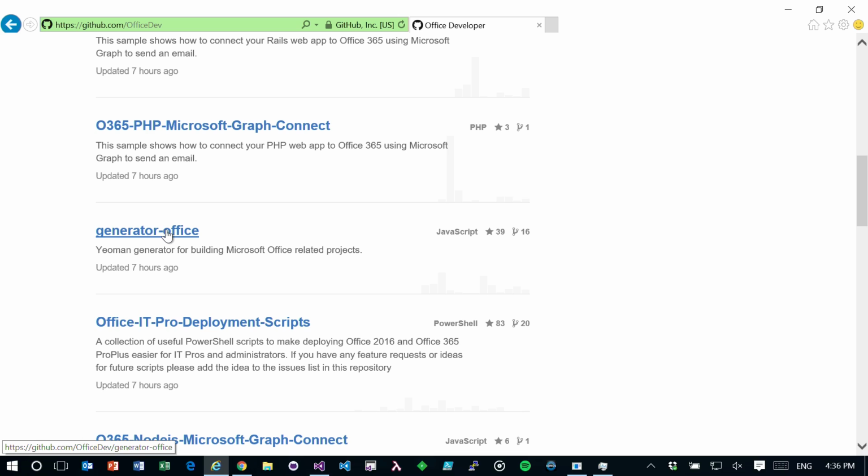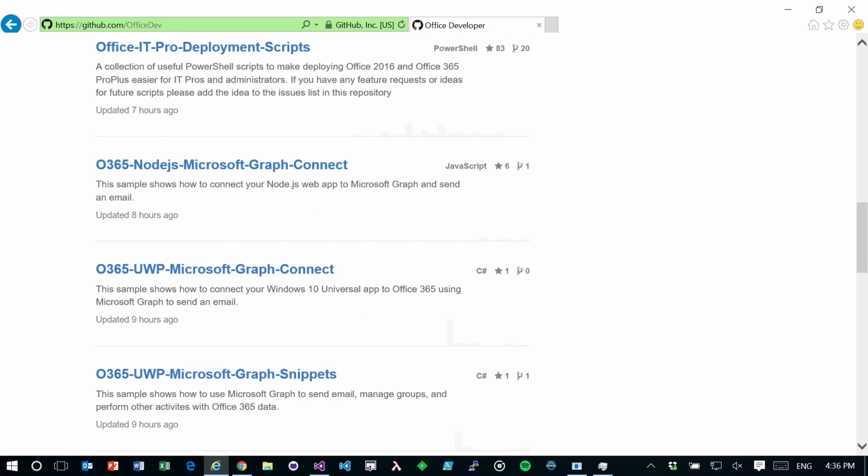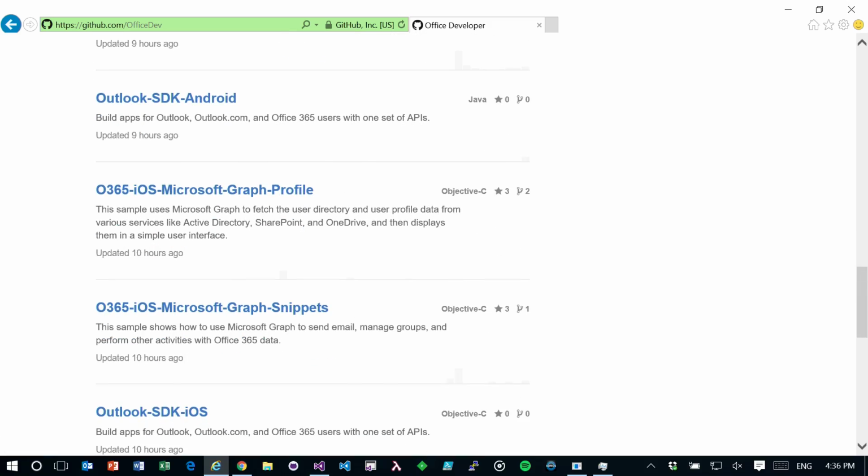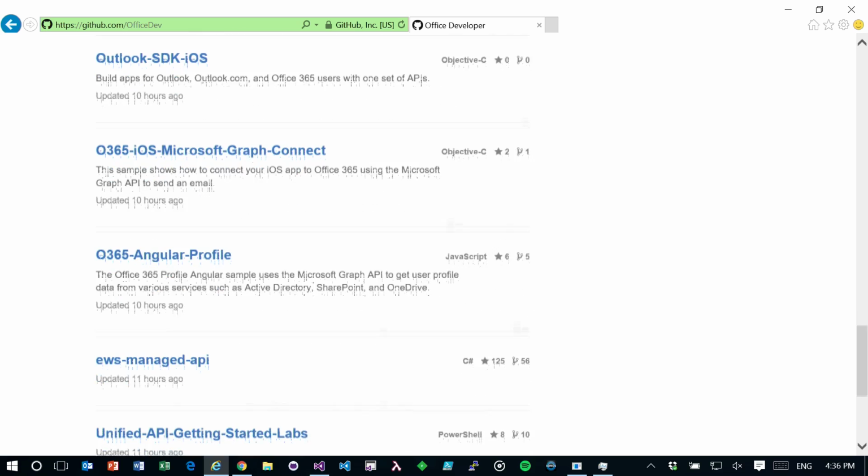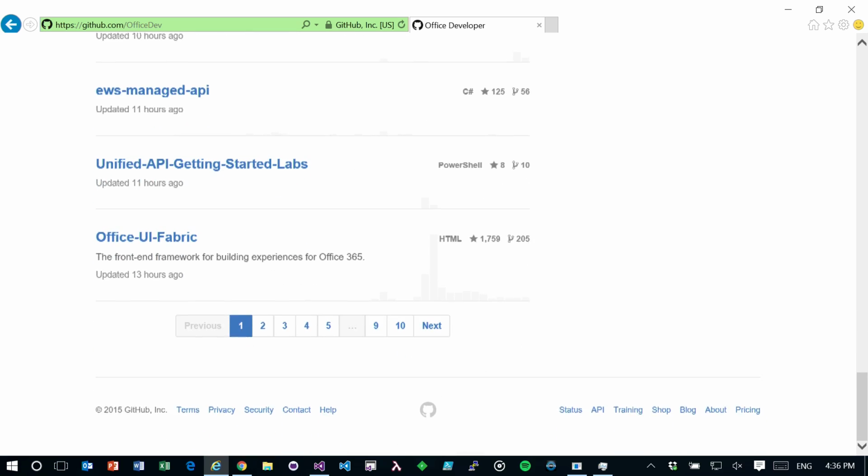So if you're an Office developer, or if you have people in your team who are non-Windows and non-Visual Studio developers, they can just go to a command prompt, and if they've got Yeoman installed, type Yo Office, and boom, they get asked a couple of questions, and they've got a fully scaffolded Office add-in project up and running that they can edit in Sublime and push up to the Office store without ever going to Visual Studio. A bunch of deployment scripts, some cool stuff around Android SDK, iOS SDK for Outlook, managed API